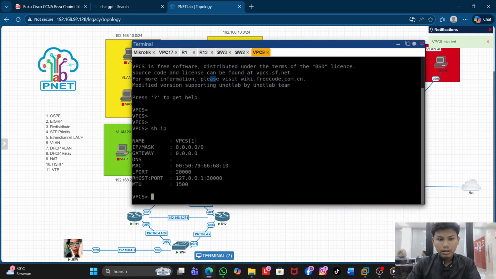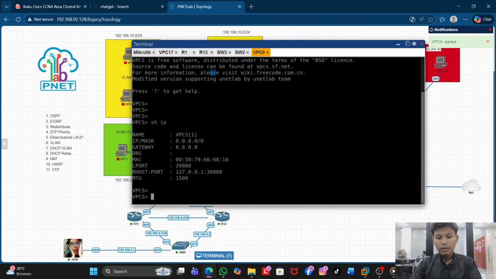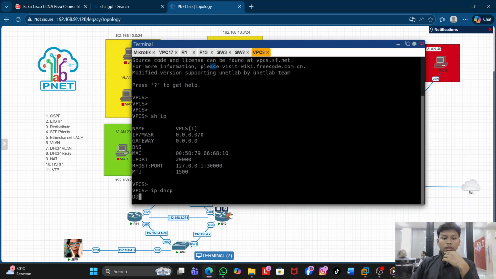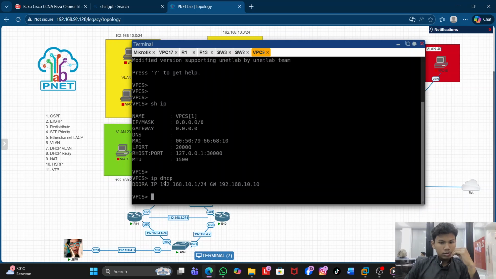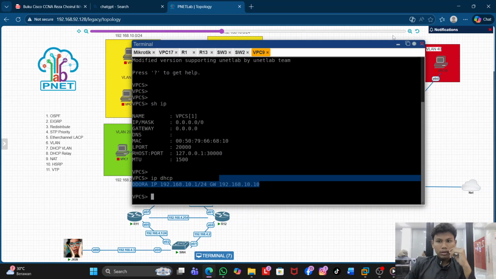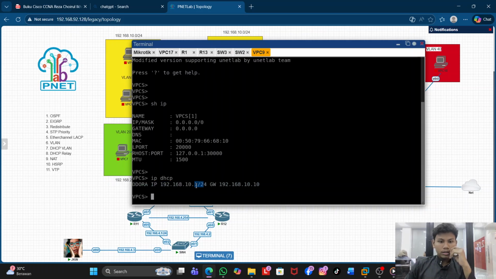Because there's no IP here, let's wait until it goes through DORA. So it works. This is the gateway, and this is the IP for PC9.